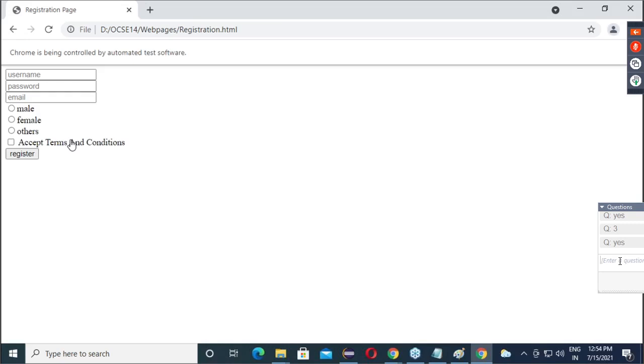Are you getting my point? If we are having dynamic values in a locator, then we will go for partial. If you are trying to identify username, and username is always username, it will never change, you can use link text.